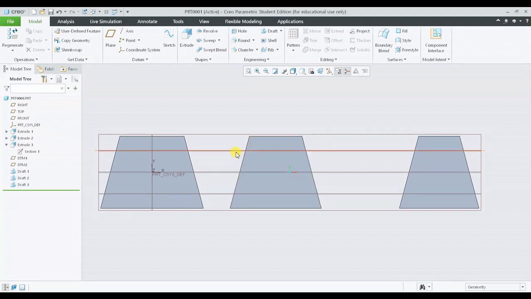that even though a common value of the draft angle was entered for all the 3 cases, we have a variation in the draft or the taperedness with respect to the change in the draft hinge. In the first case we selected the top plane and had the 15 degree angle with respect to this hinge. In the second case we had the 15 degree angle with respect to the second plane in the second box, and in the final box we had the 15 degree angle with respect to the third plane. So no matter what the angle of draft is,